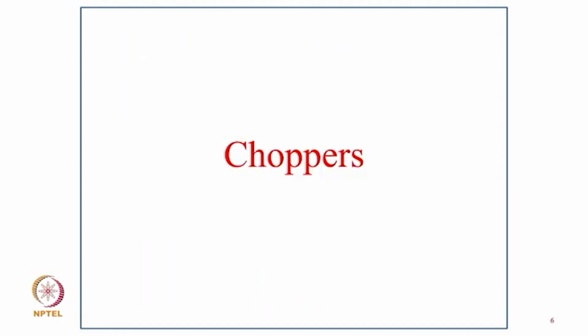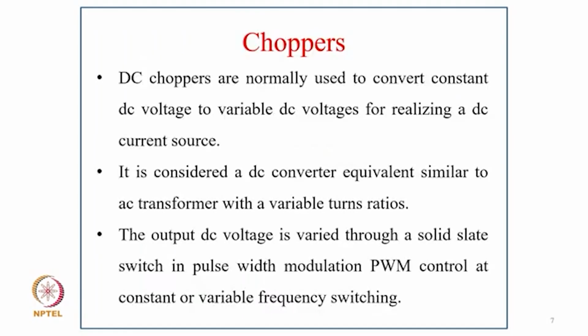Of course today we would like to cover the first category, which is called choppers. These DC choppers are normally used to convert constant DC voltage to variable DC voltage for realizing a DC current source, and it is considered a DC converter similar to a transformer with a variable turns ratio. The output DC voltage is varied through a solid state switch in pulse width modulation control at constant